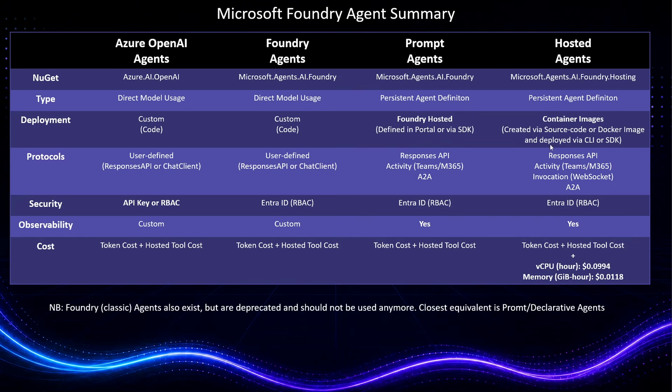I mentioned these 4. The last thing I just want to mention, just for reference, is there is a 5th option, and it's called persistent agents. But that was part of the old AI Foundry portal before Microsoft, back in October 2025, renamed it to Microsoft Foundry, and prompt agents came along. So prompt agents came and took over. They are now called classic agents. They are still there, but you definitely shouldn't use them if you're going forward. You should use prompt agents. That's the closest to what the old persistent agents could do.